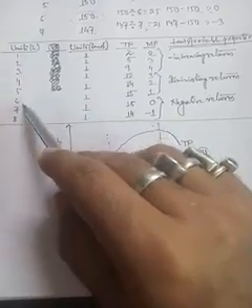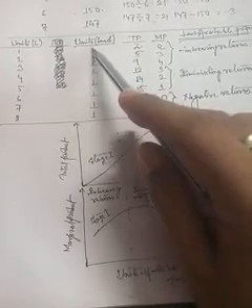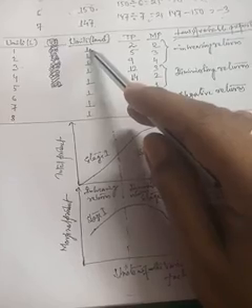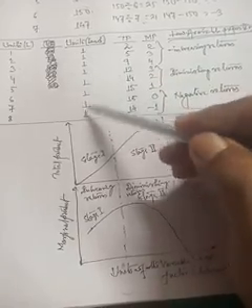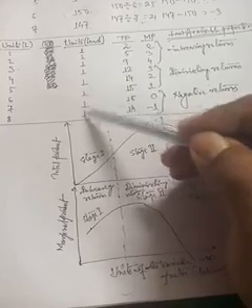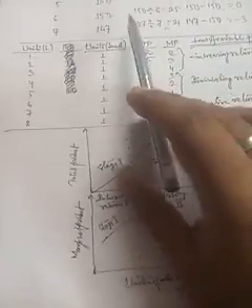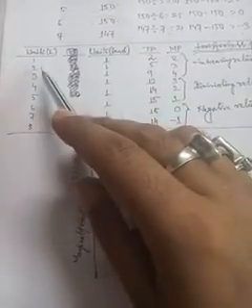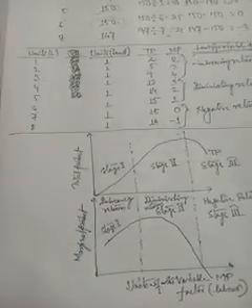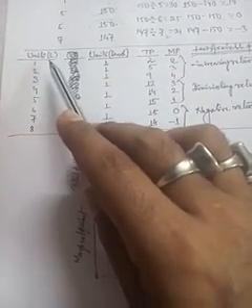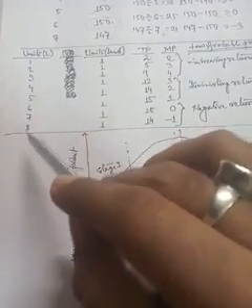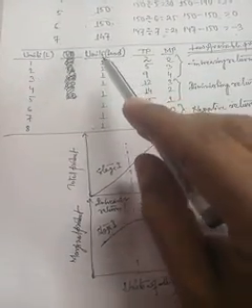One is the variable input, that is labor, and the other input is land, or you can take capital, that is fixed. Fixed means 1 unit, or 1 acre, or 1 hectare. All the time it is fixed. The units that I have taken here is 1, that means it is fixed. But the other input, labor, is changeable, changing 1, 2, 3, 4, 5, 6, 7, 8, like this.